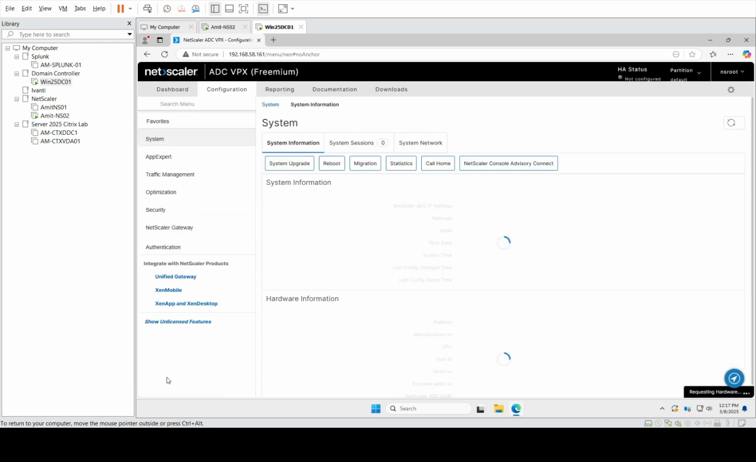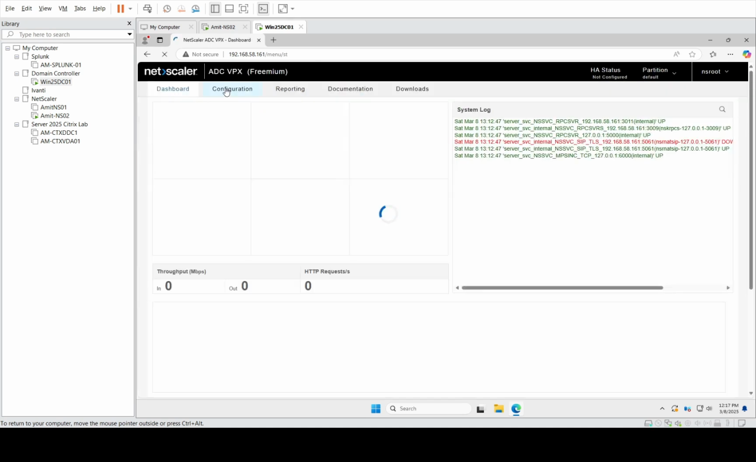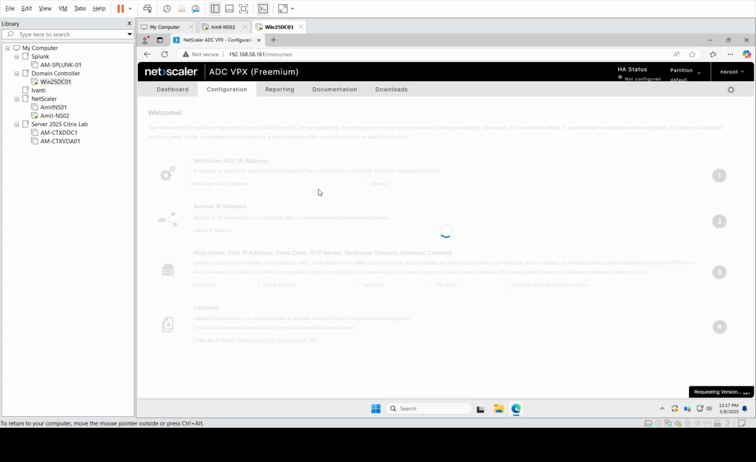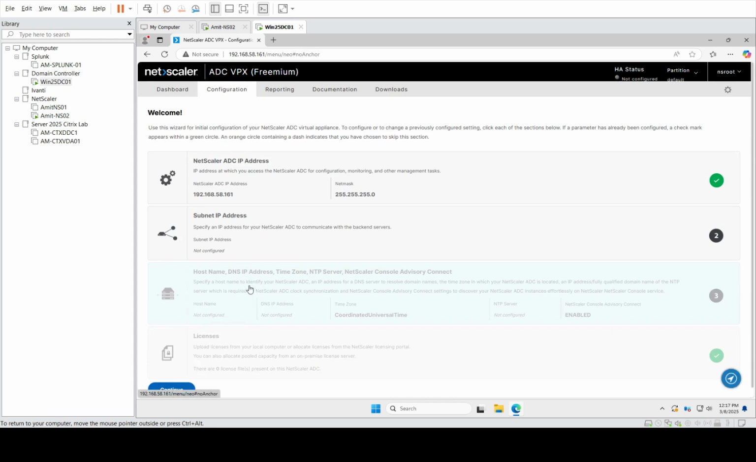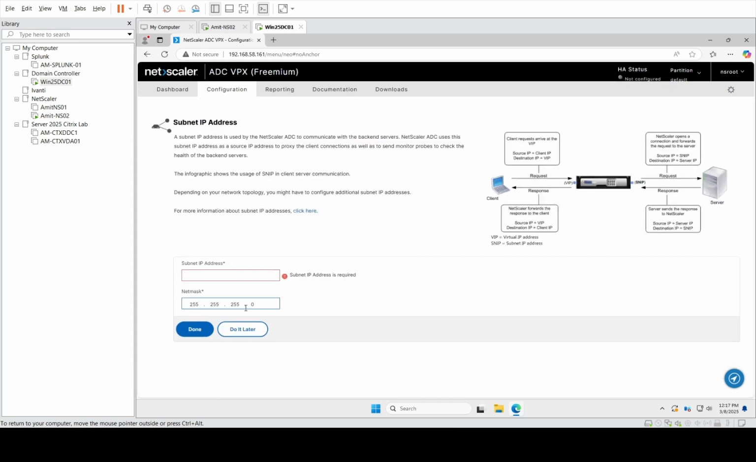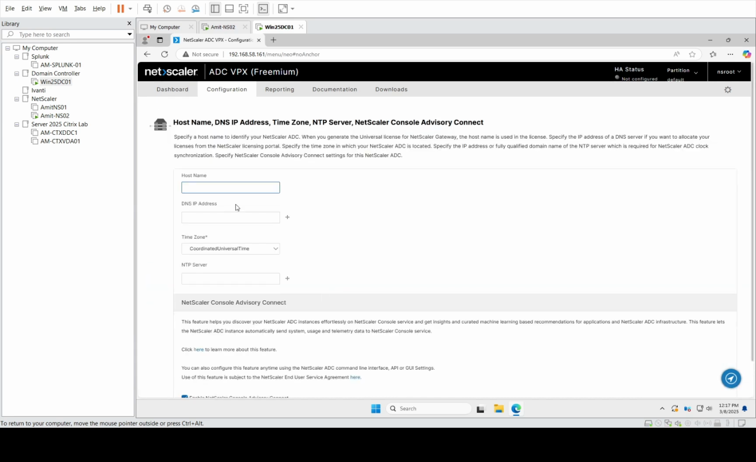So let's click on continue. Okay. We need to go back to the configuration part. Yeah. And then I want to change the host names and everything. I will do it later, this part. So now I'm on the third section, which is about host name. And yeah, my NetScaler name is